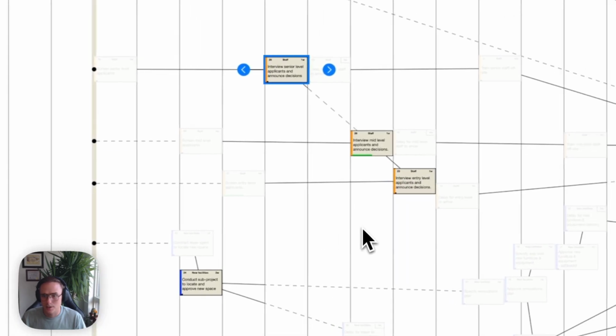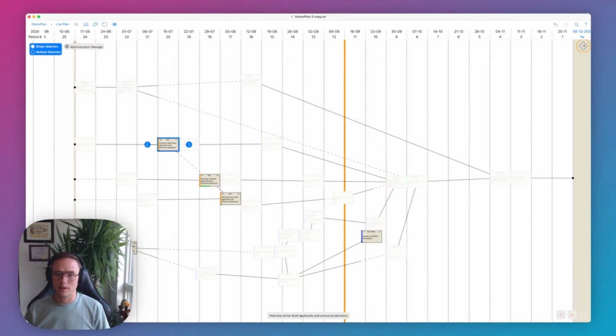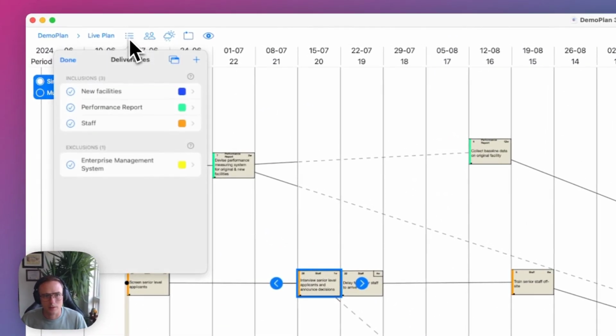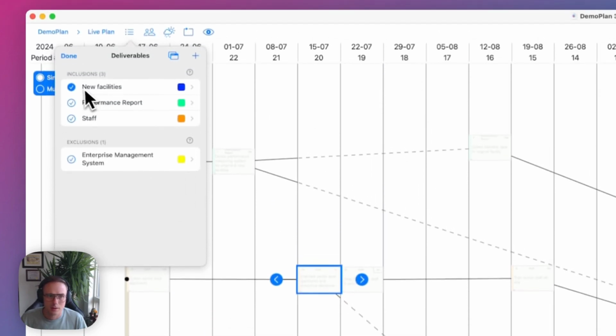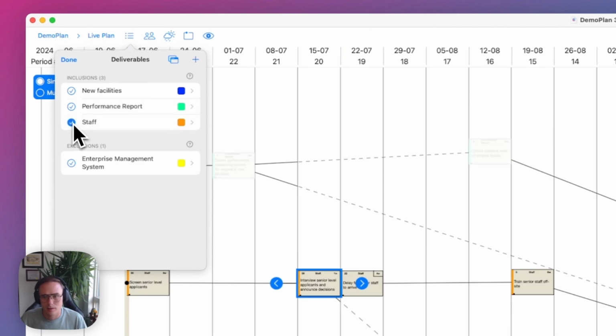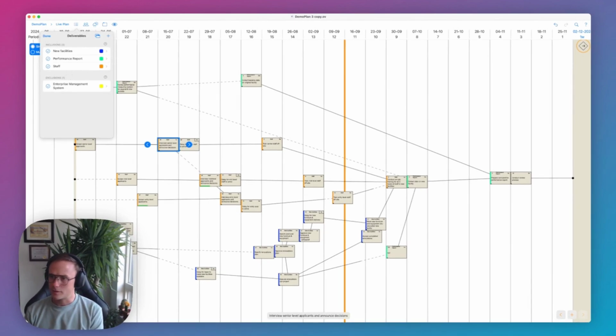Let's go back to the admin manager, and we have no more conflicts. So that's resource leveling. You guys can see this view here. We can also isolate that view with your deliverables, right? Performance report at staff. And again, there's only 4 deliverables here, but take into account if you have 15 deliverables or a larger amount,